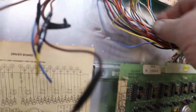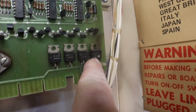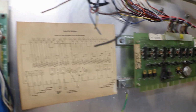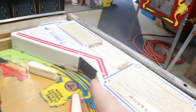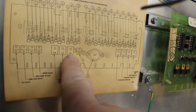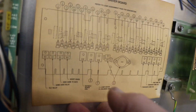But they may have done, who the hell knows, they may have changed that out too. Kept the good one and put that one in here. Because there's another one down here that's gotten just a touch bit toasty. We'll get them out and take a look at them. I'll get the book and we'll see which. This one, like I said, is the out hole kicker coil, which is this guy down in here that kicks it over. That one looks like maybe we had a bad coil or something going on down in here. This one here that's missing, this 30, that 030, we'll have to take a look and see what that one is so we have an